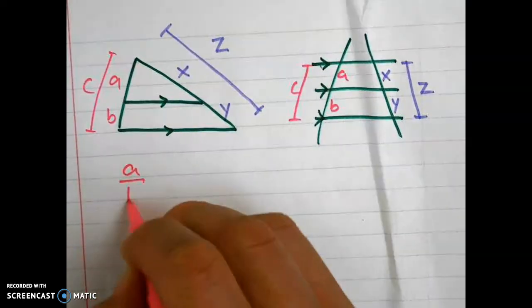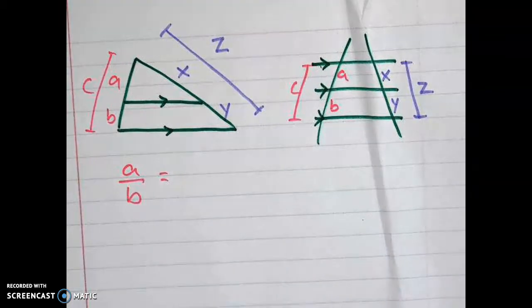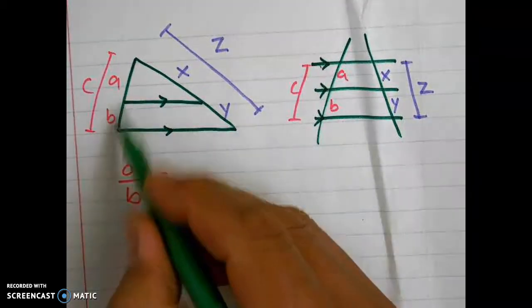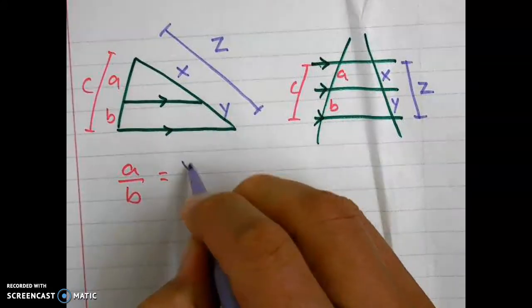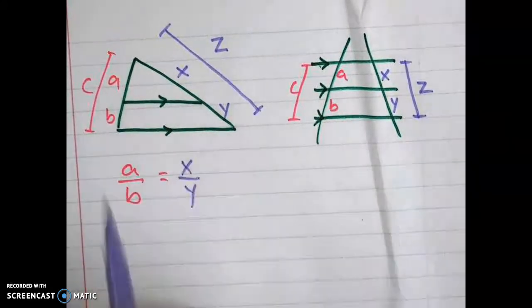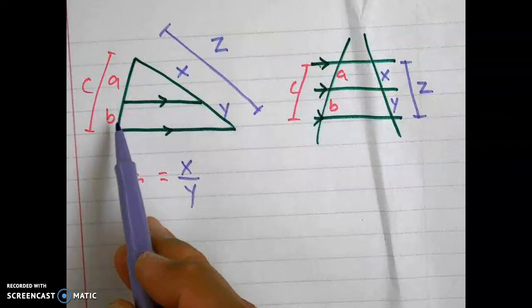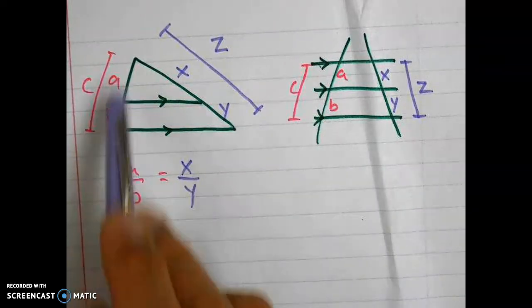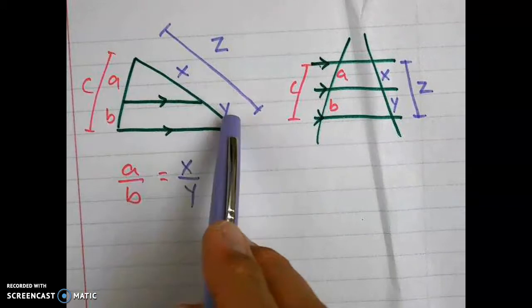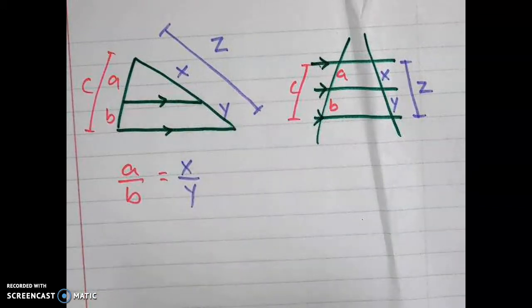A over B, okay, top over bottom will equal what? X over Y. Top over bottom equals top over bottom. Does that make sense? Arriba, abajo. Arriba, abajo. Yes? Okay, now